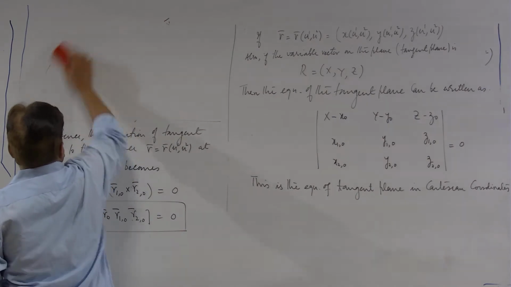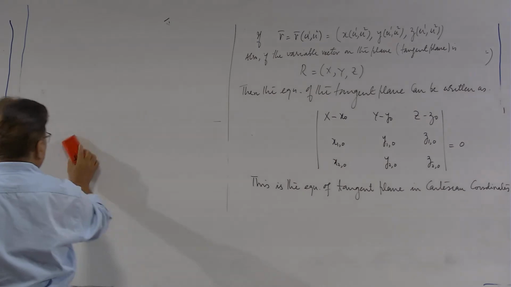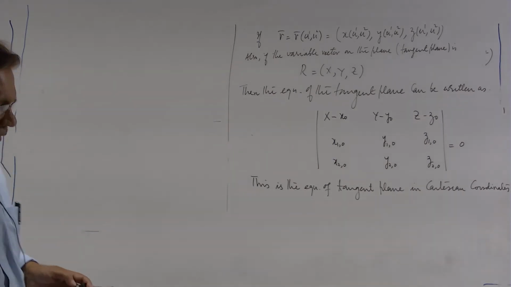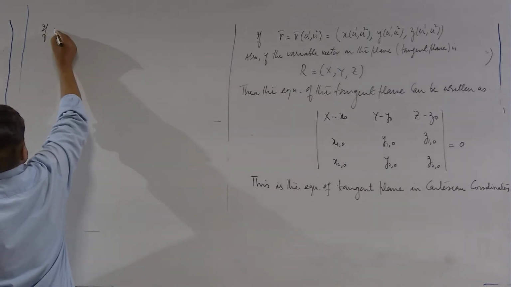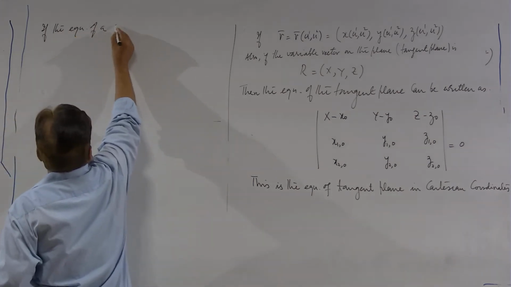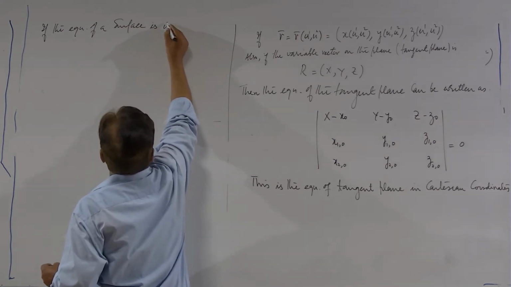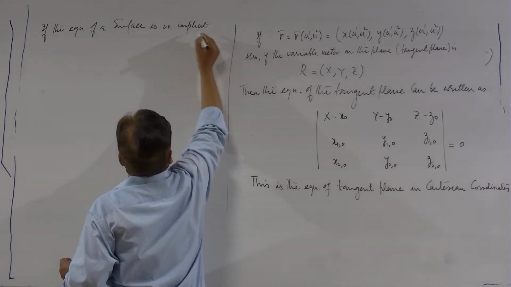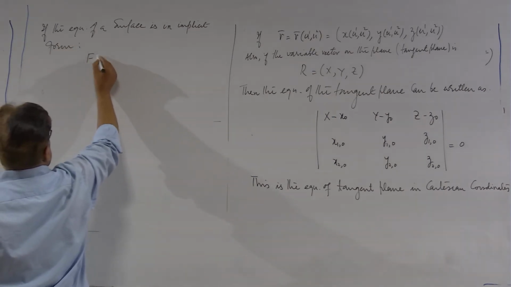In the implicit form, what will be the form of the equation for a tangent plane? This is also interesting. If the equation of a surface is in implicit form, namely f x y z equal to 0,